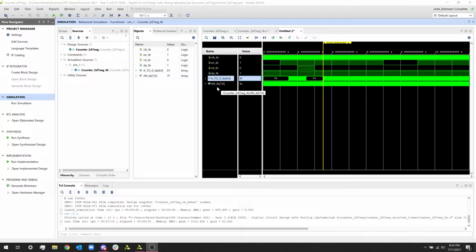The display selector. So to start, we have 0 on both of our displays. That's why we see this large green block. We're alternating between 7-segment displays